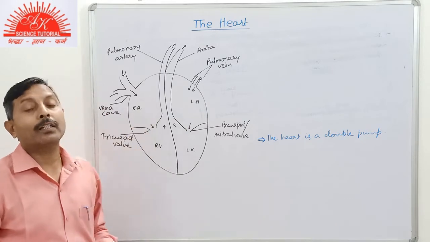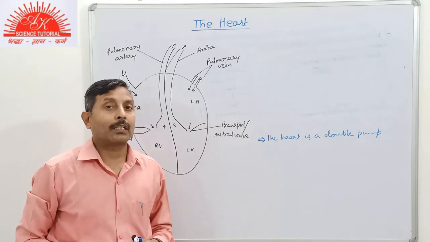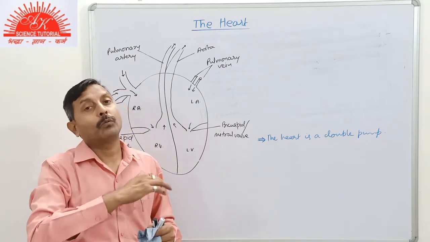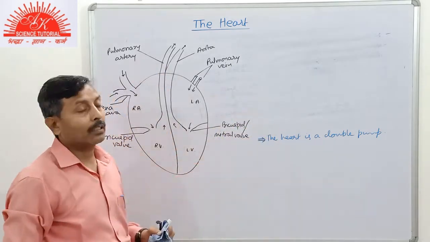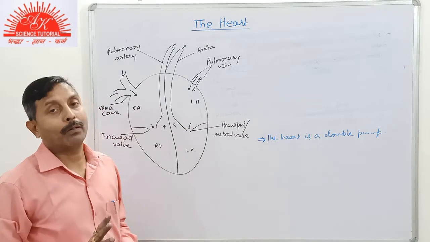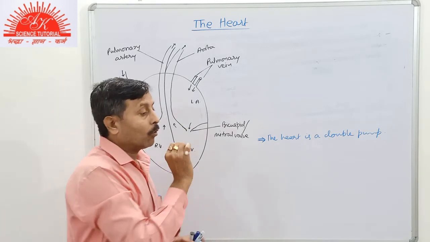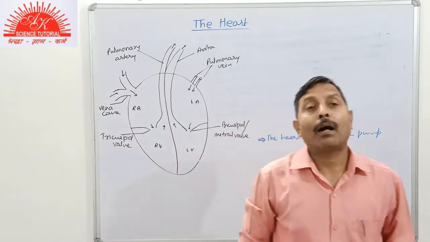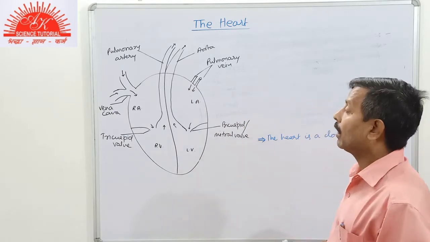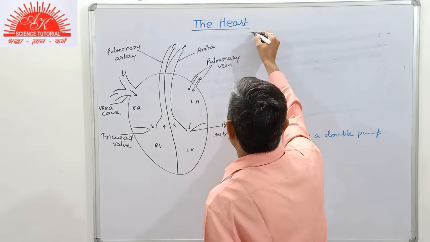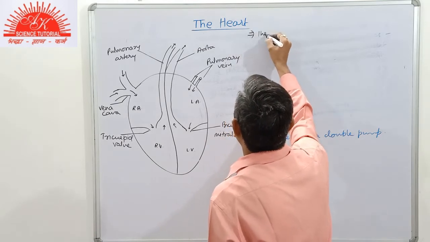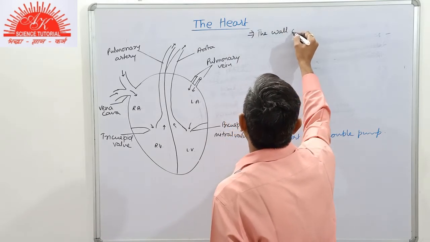So the chambers of the heart pump the blood twice to move it from one part of the body to another part. Clear, student? So it is called a double pump. Now one more thing, student, about the walls of the heart, the chambers of the heart. Here the question is asked, that is, the wall of